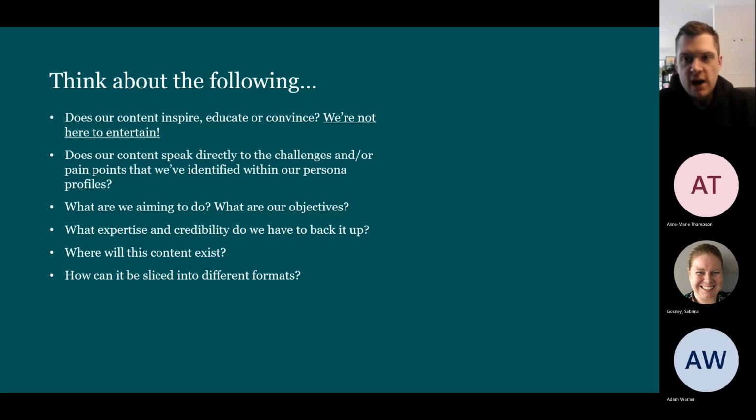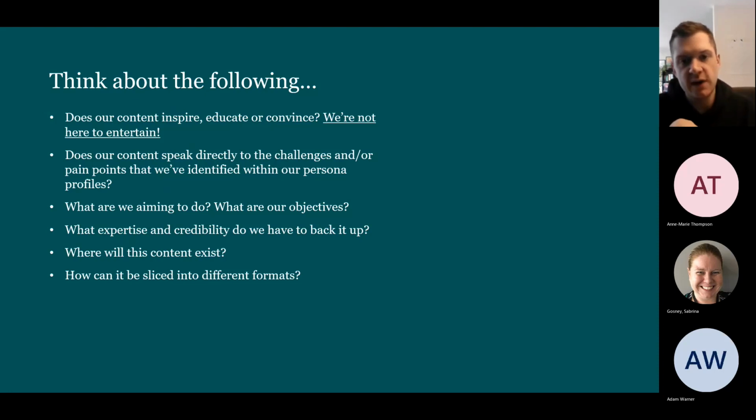So we're creating content, but actually, what are our objectives? Are our objectives to educate? At which point we can just be very pain point driven. Is it a content piece further down the funnel, which we'll come on to shortly in the campaign design? If it is further down the funnel, it can be more case study focused. It can be a bit more salesy. It's important that we hit people with the right content with intent based on where they are in their journey.